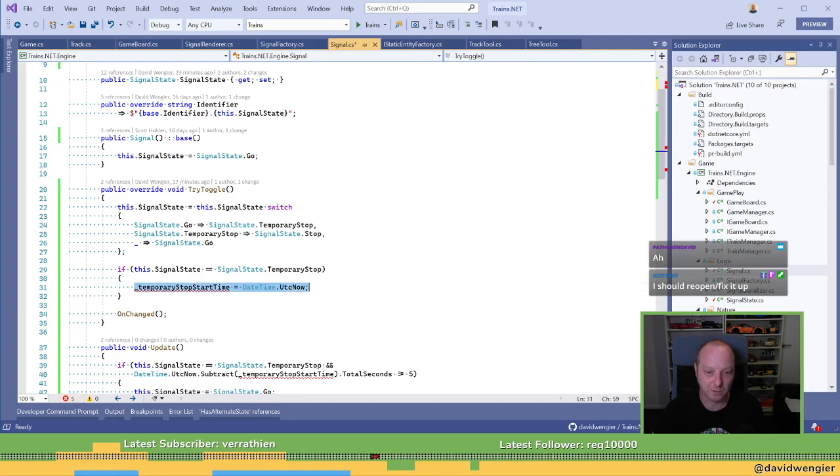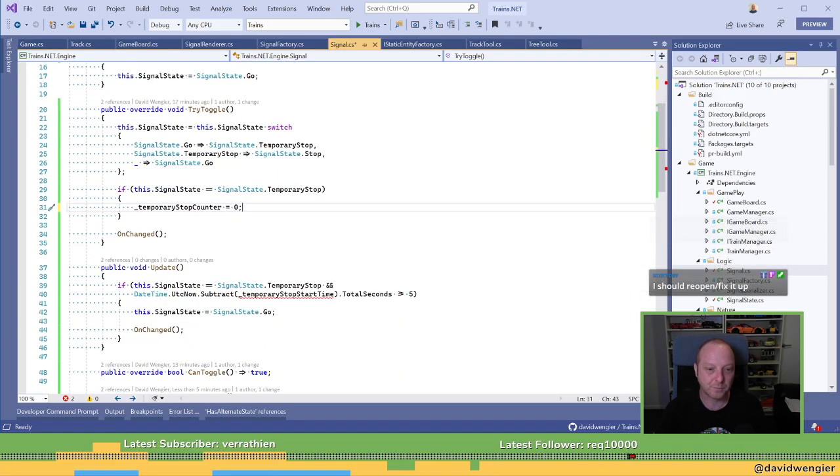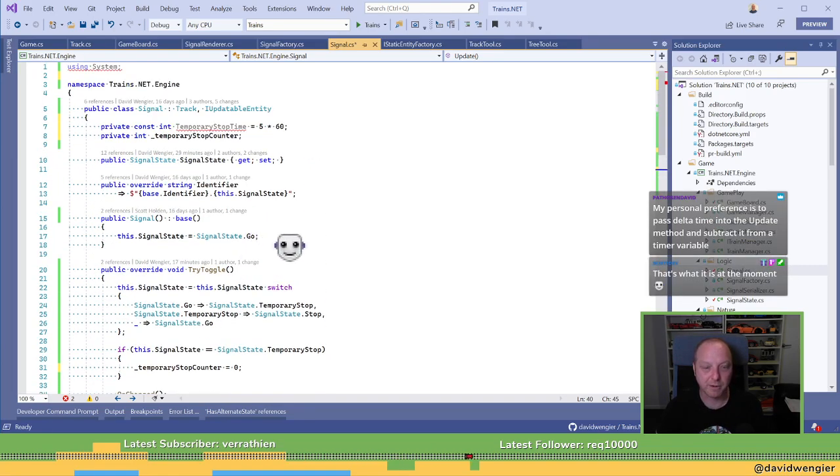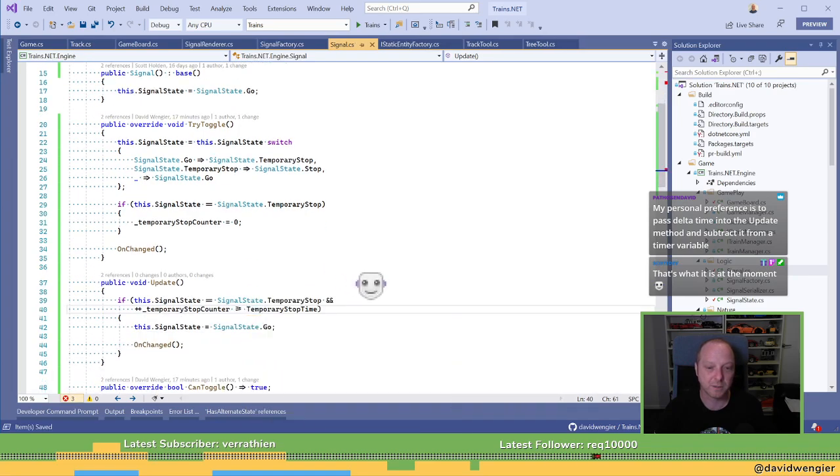So kind of equals 0 and plus plus temporary stop counter is greater than or equal to, well, I hope it's never going to be greater than, but never mind, temporary stop counter.